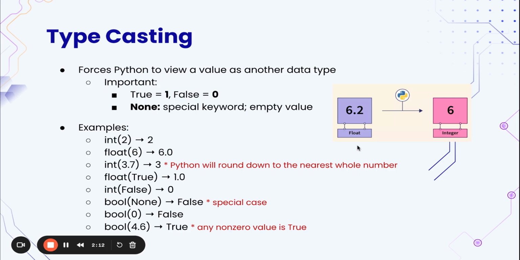This is a good picture that illustrates typecasting. So as you can see, we have a float over here that's 6.2, and we want to make it an integer. So Python does this typecast, and our